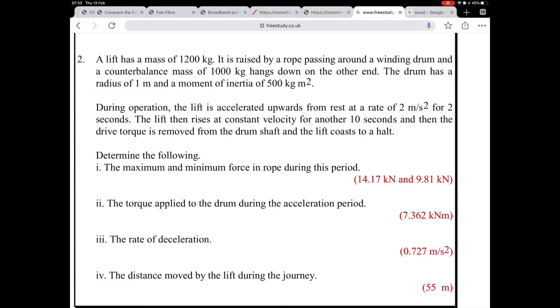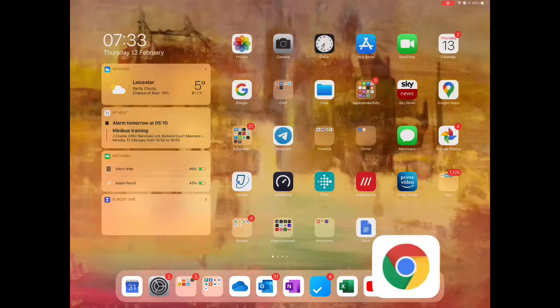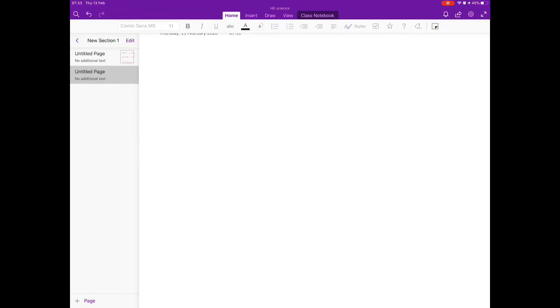So it's a lift, and let's just draw this so we can get a feel for what's actually happening. 1200 kilos and 1000 kilos hanging on either end of a drum which has a moment of inertia of 500 kilogram meters squared, and a radius of 1 meter. Now the radius of 1 meter does make things nice and simple for us, because what it means is our torque is always going to be equal to